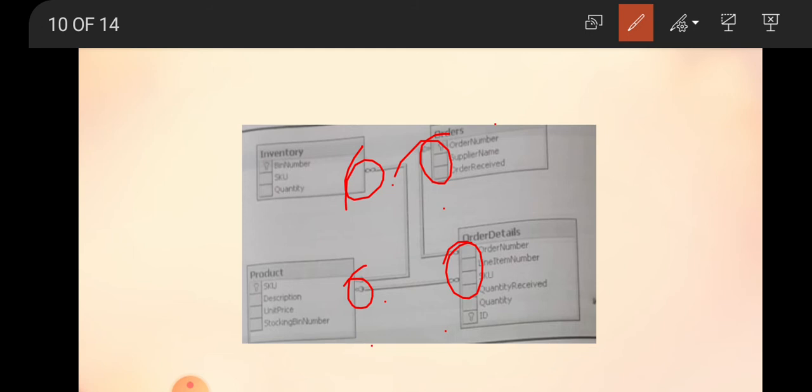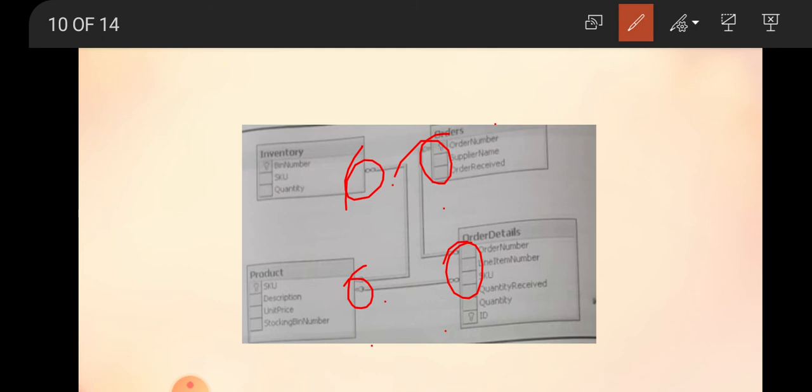Here, the inventory table consists of how many fields? Three fields: bin number, SKU, quantity. In this table, the bin number acts as a primary key. Next, the product table: SKU, description, unit price, stocking bin number. Here the SKU acts as a primary key for the product table and a foreign key for the inventory table.